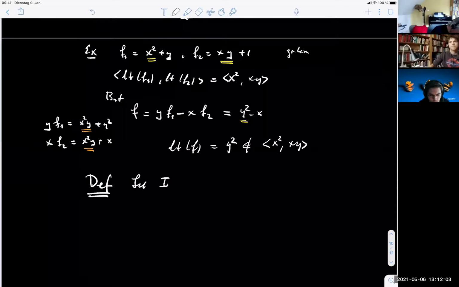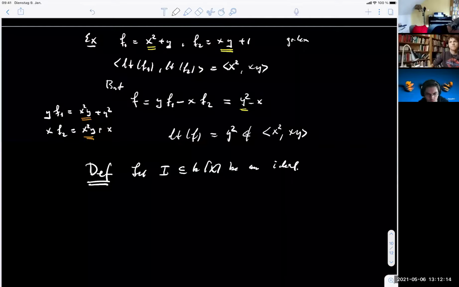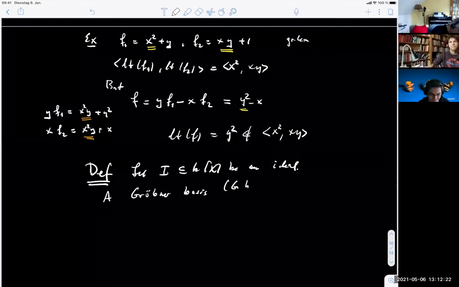Let I be an ideal in my polynomial ring. A Gröbner basis, sometimes I just say G basis to save writing, of I with respect to the chosen term order is a finite